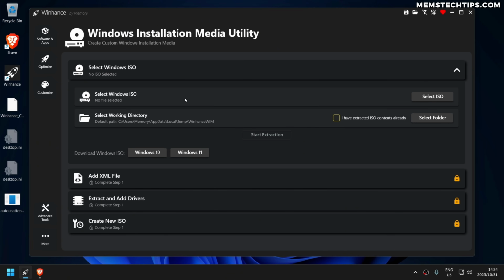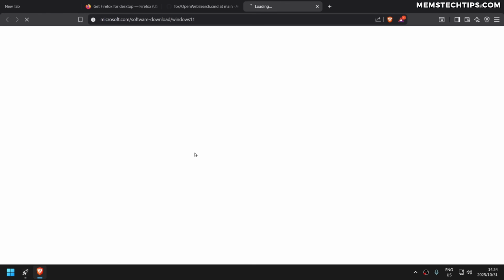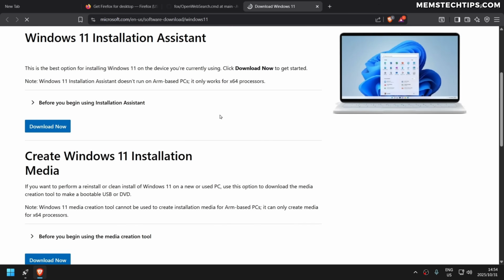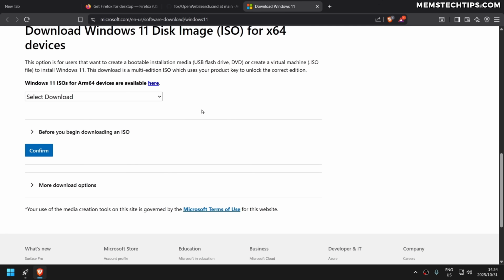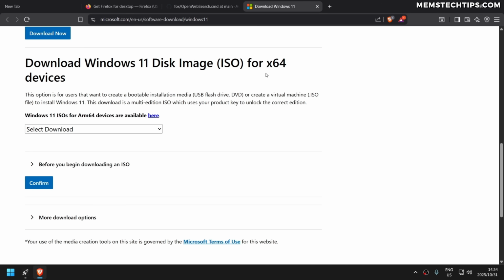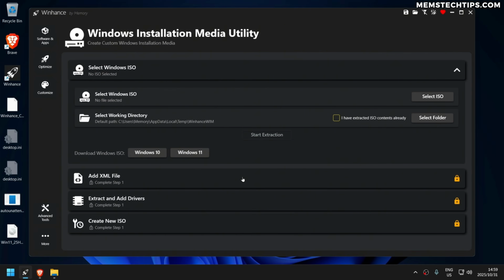So the very first thing you'll need to do is select a Windows ISO file. Now you've got links here to download Windows 10 or Windows 11, and this is from the official Windows website. So you can either download Windows 10 or Windows 11 from the official Microsoft website, and you'll have to go through the process of downloading the ISO file. I've got plenty of videos on this channel showing you how to download these ISO files. I'm also not going to download the ISO file in this video because I've already got the latest Windows 11